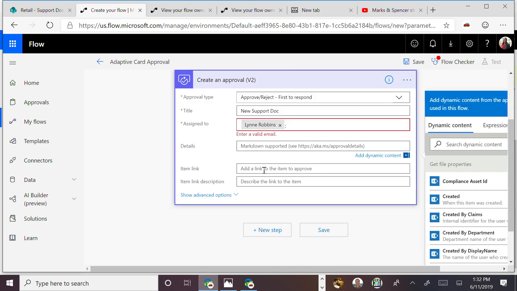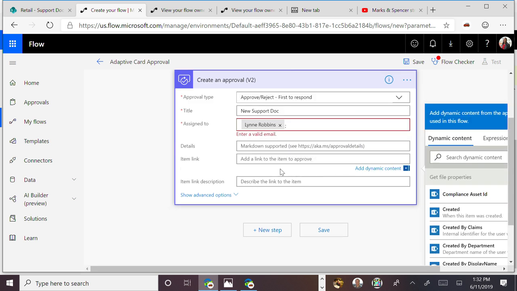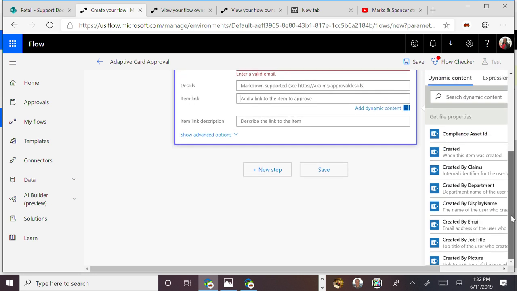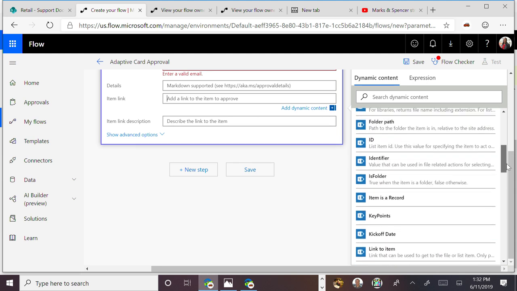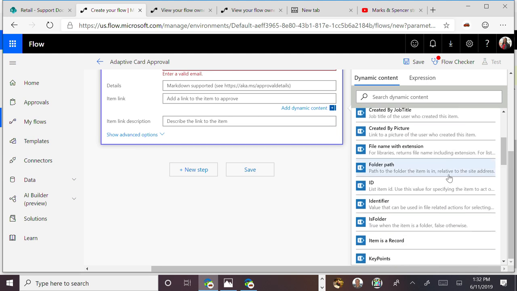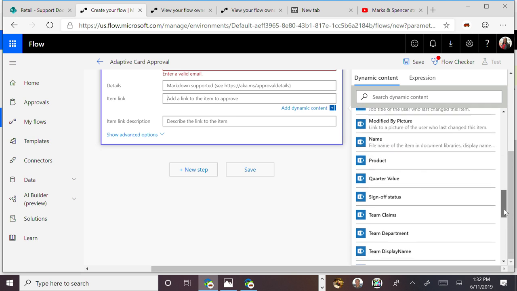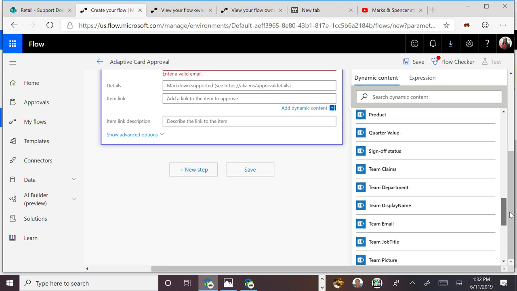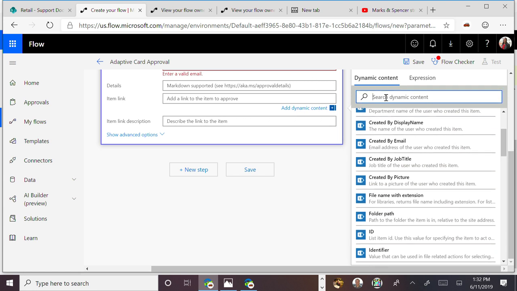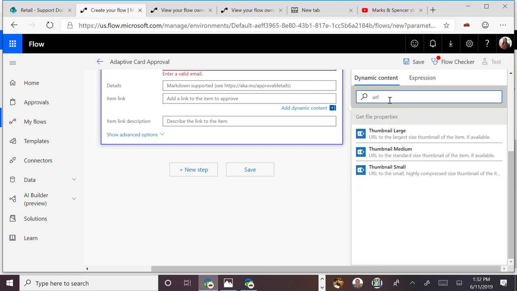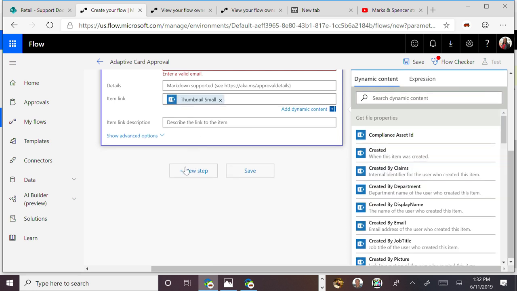And you could add additional markdown here. You could put a link to the item if we wanted. That's probably a better practice. So let's take our small thumbnail.